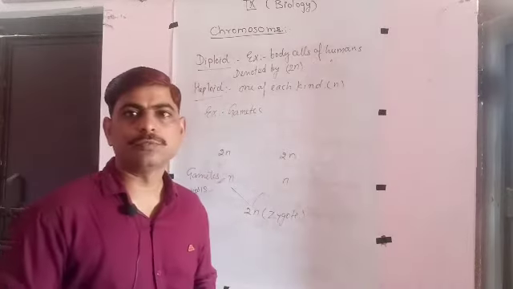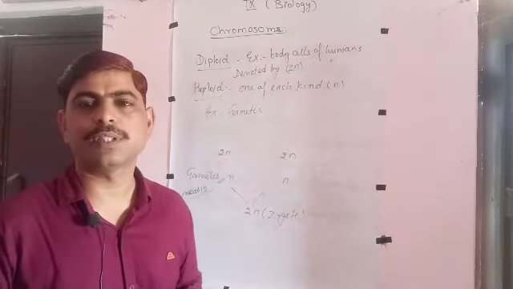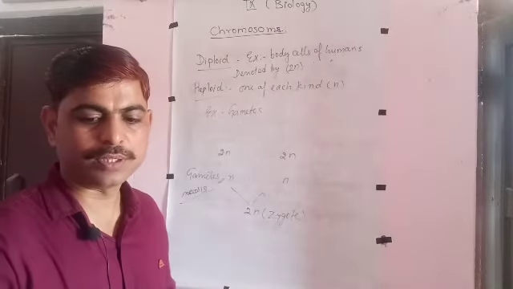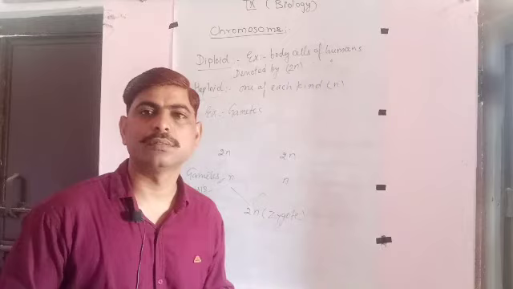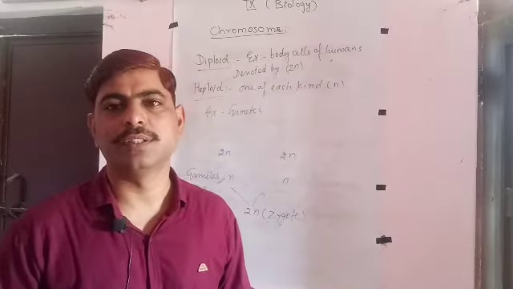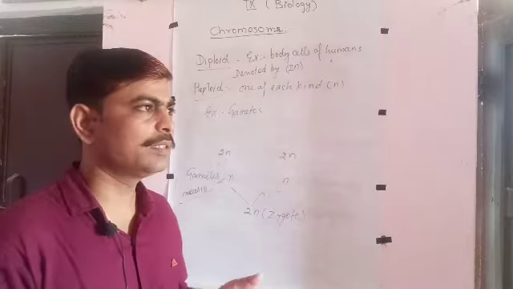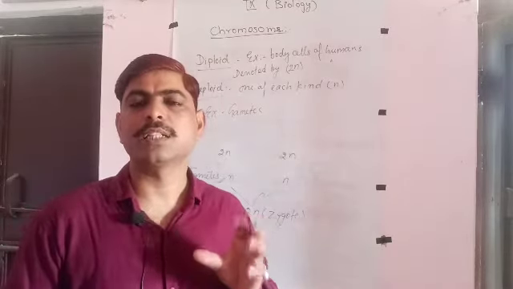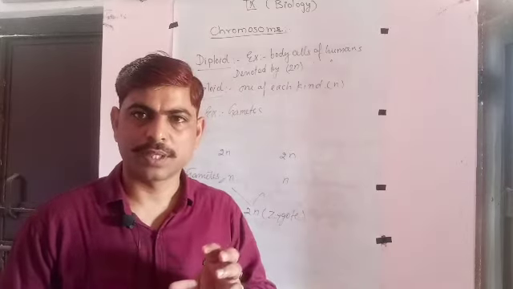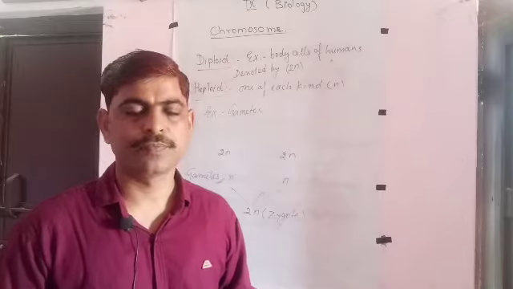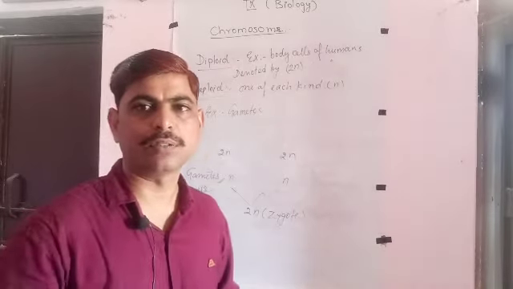The chromosome has the hereditary information in the form of genes. Genes were actually discovered by Gregor John Mendel, but the name gene was coined by Johannsen. The genes lie on the chromosome and are responsible for a specific character passed from the organism to its offspring. This is all about chromosomes.